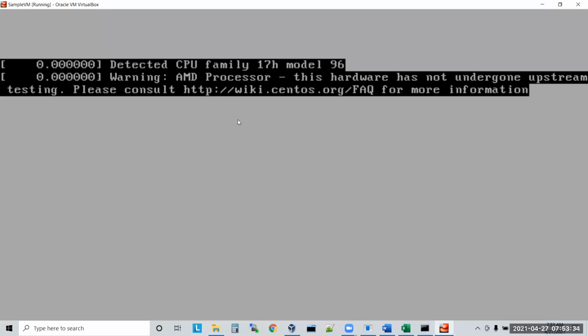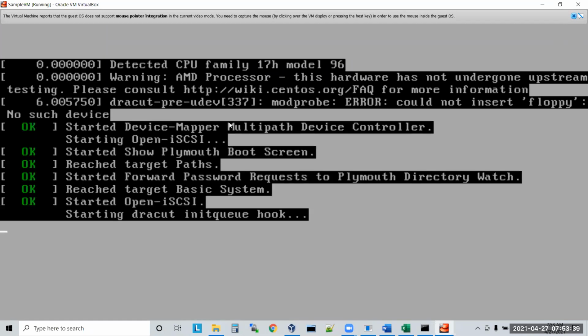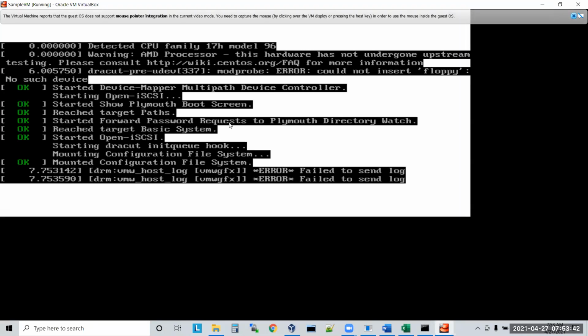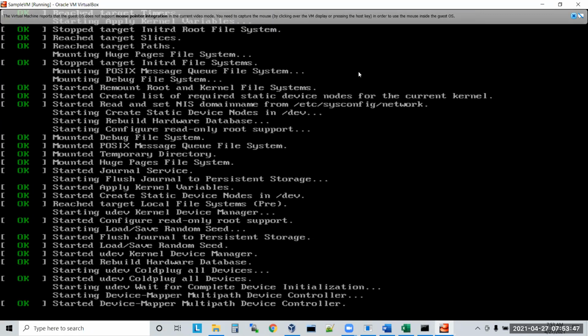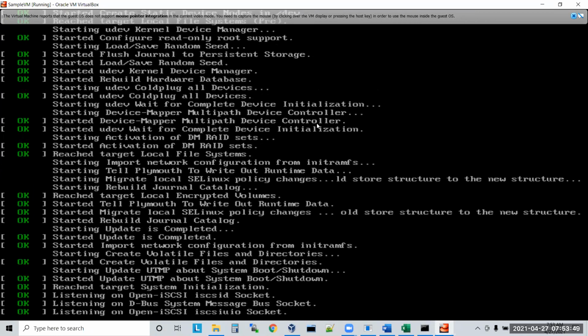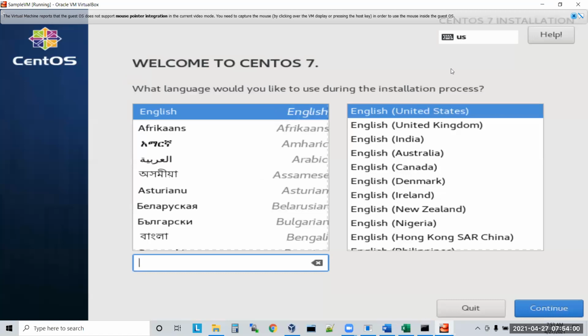Select with the up arrow, Install CentOS. You are able to see two mouse icons, one black and one white. If you click inside this machine, the black one will start moving and the white one will disappear. Again, if you want the white one, you need to press right Control. If you press right Control, you can use all these things. But if you click anywhere inside this machine, the black one will start moving. So what happened now? The white one is not coming this side.